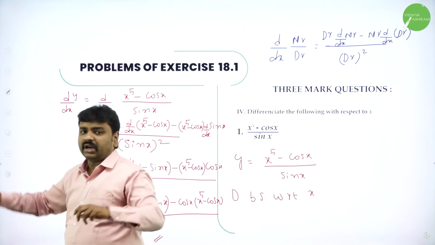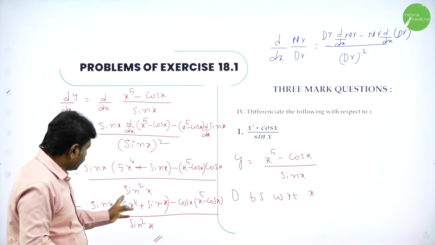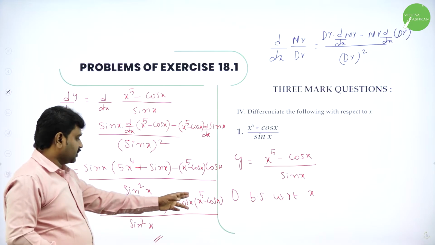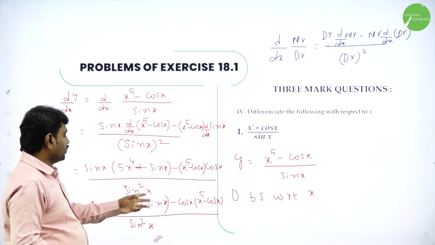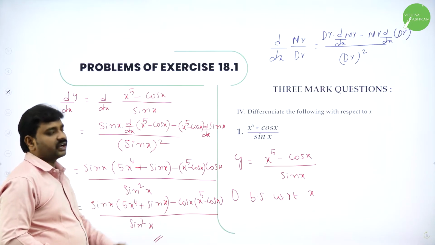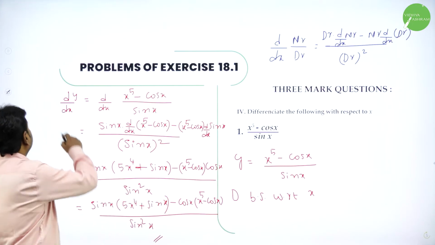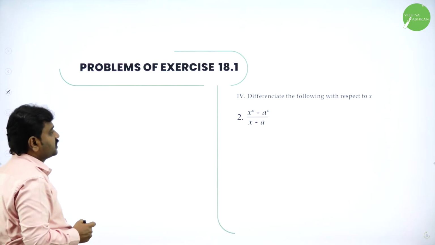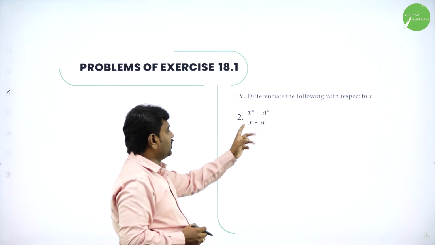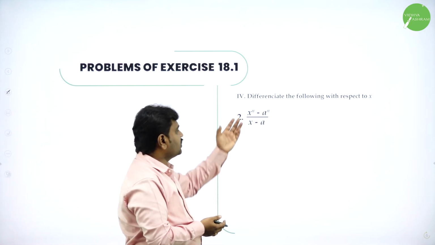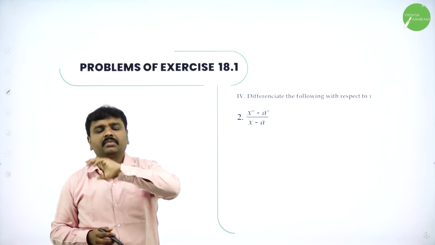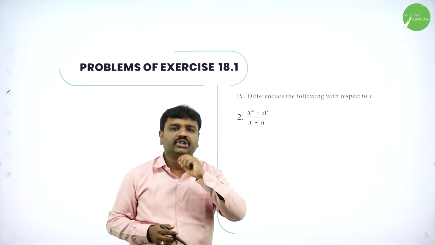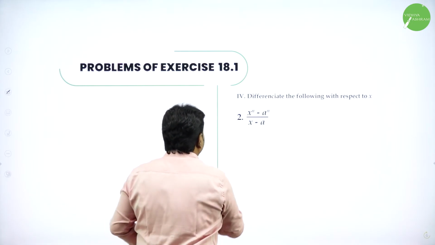give full marks. What else we can do here is multiply it and take x power s common and simplify and rearrange. So if you multiply, you can take x power s common or you can rearrange, or you can leave it, that will be better. Next, x power n minus a power n by x minus a. Again, this is in what form? Numerator by denominator. Whenever you have numerator by denominator form, what you should use? Quotient rule.